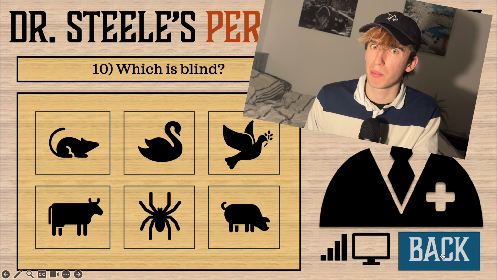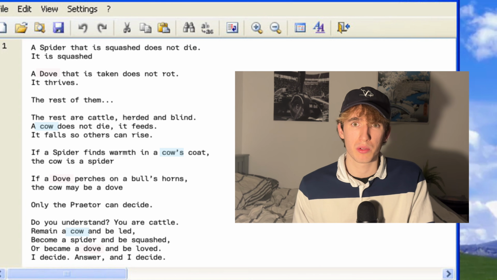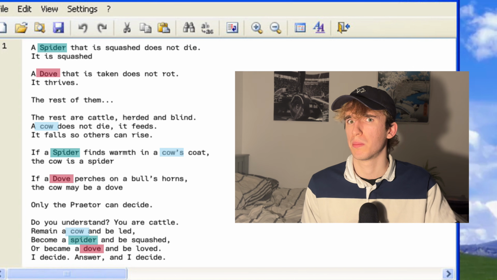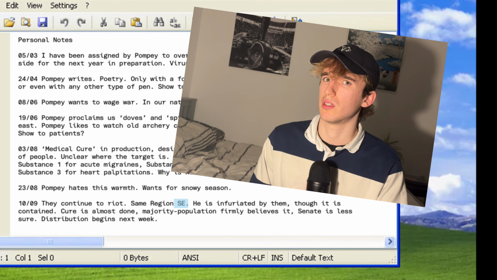So the cow is blind? This poem makes you wonder what it is truly about. It seems to not be written by Pompey, but by the advisor. Perhaps this advisor is Dr. Steele. Perhaps not. Whoever it may be, they are using cows, doves, and spiders as a metaphor for something larger, something more important. The personal notes file now mentions that this cure will be distributed in some southeastern region, expressing